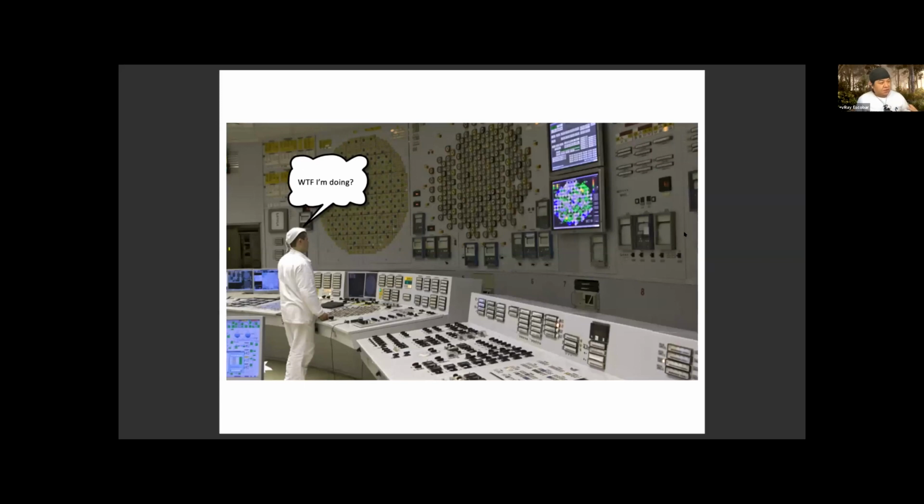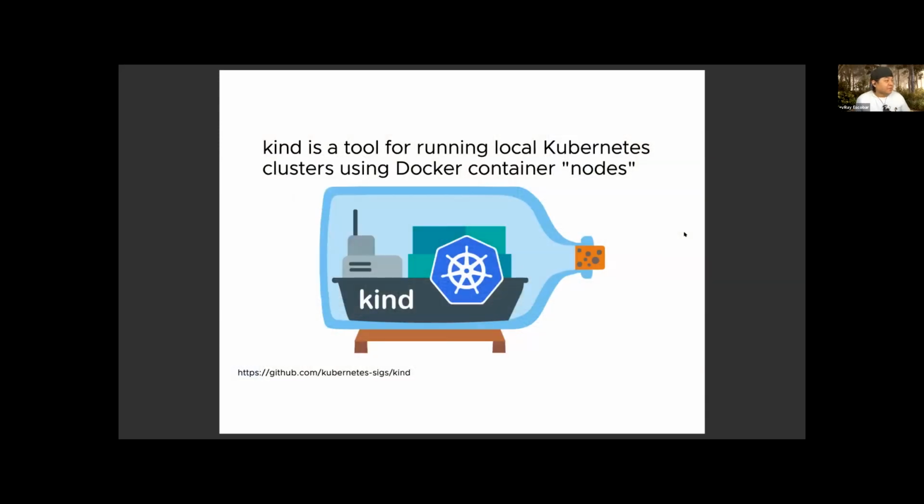So probably you see this guy doing many things and asking, how do I get into this world? How do I achieve greatness with Kubernetes? How do I get involved with this? The answer is kind. There are other options, but I would say that the most compliant, in a strict sense of the word, is kind, which stands for Kubernetes in Docker, right?